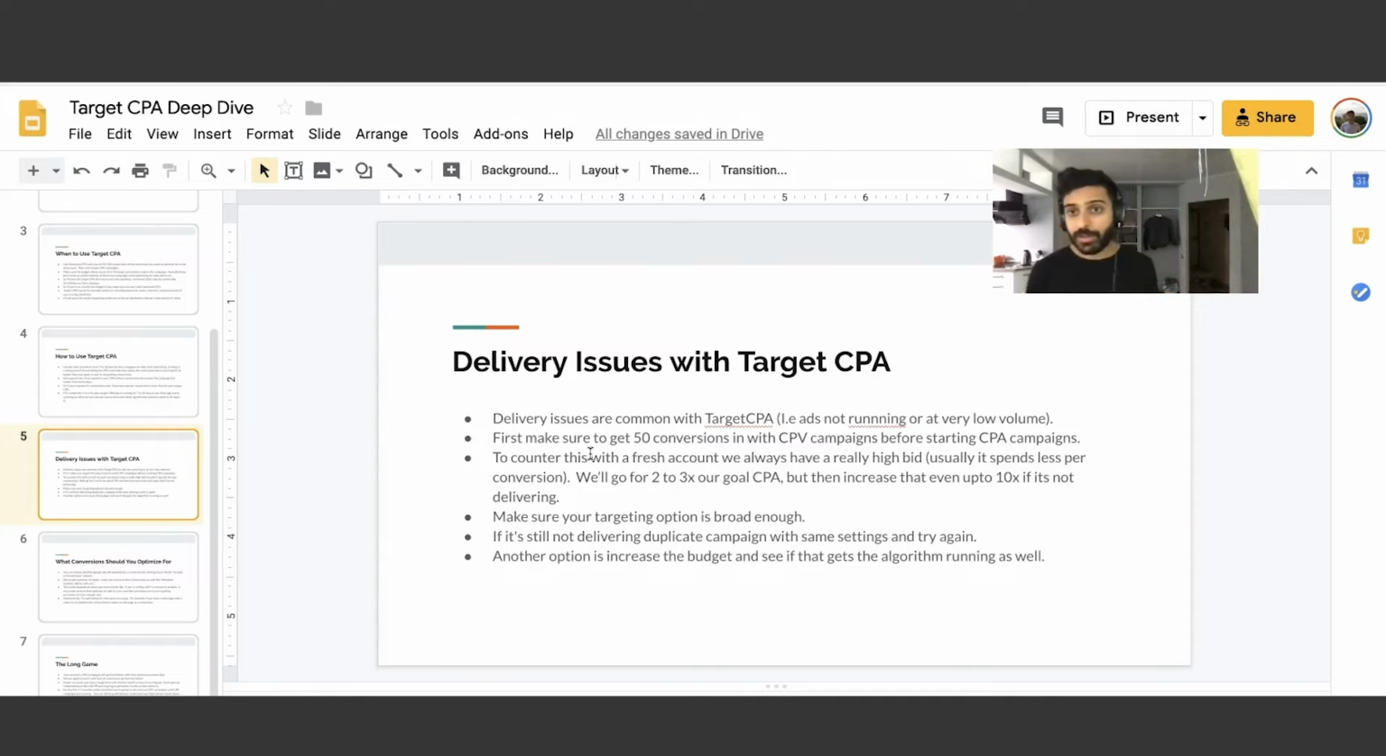So that's one thing: make sure you have 50 plus conversions in the account. Second thing, try a higher bid just to get the algo up. Number 3 is make sure your targeting option is broad enough. If it's a very niche targeting option, it may not run. You might want to go for a bigger audience, like a very popular keyword, topics, affinity audiences, a big list of placements, custom intent. Try different targeting options out. If you're still not able to get campaigns running, try duplicating it with the same settings. And you also want to increase the budget and see if the algo starts running, right? As I mentioned in this slide,